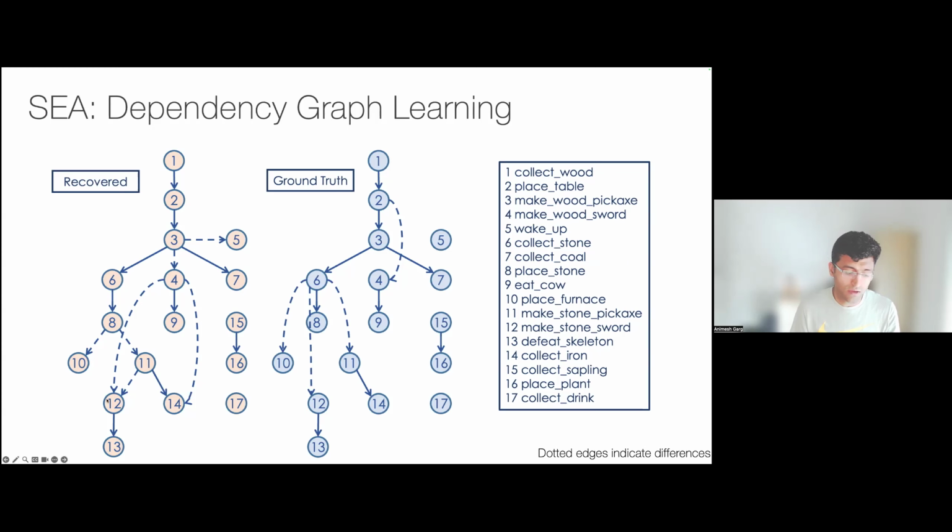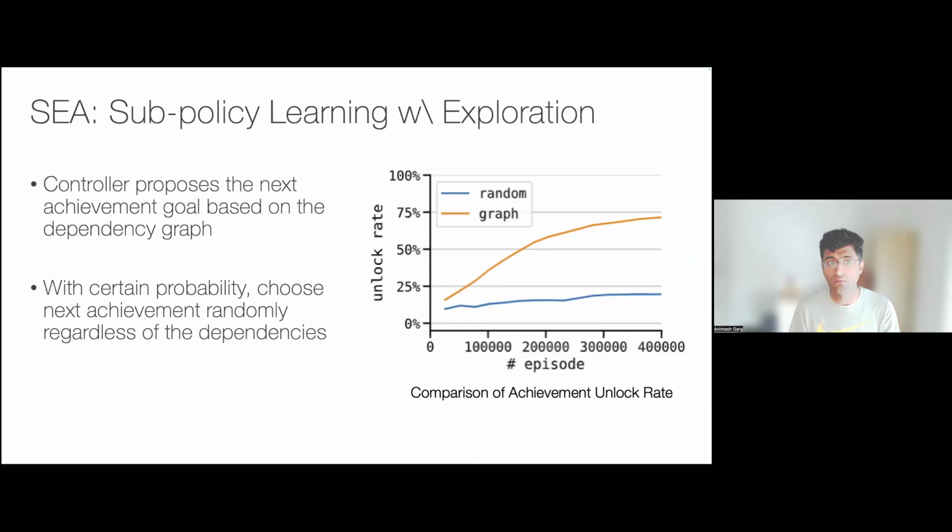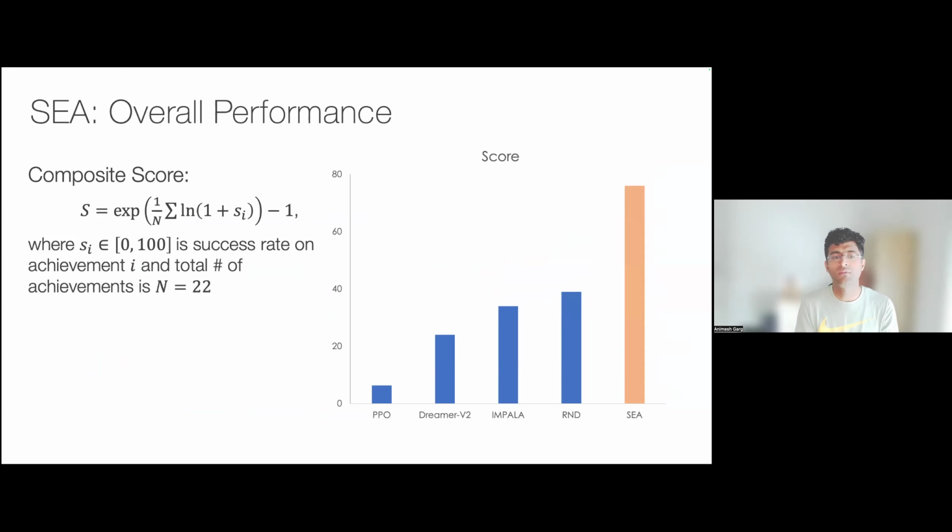And in this case, now if you use the structure, of course, you can do much better exploration because you know what goal you should be even attempting to achieve given the current context rather than doing random things. Of course, it improves performance of our RL agent. So now we can achieve 60 to 80% of the tasks, while almost all comparative models are less than half. But the most important thing we found was